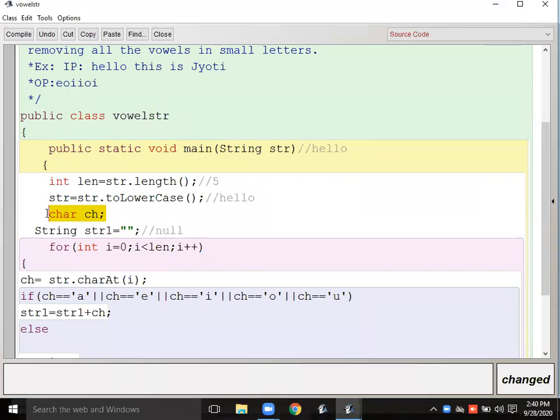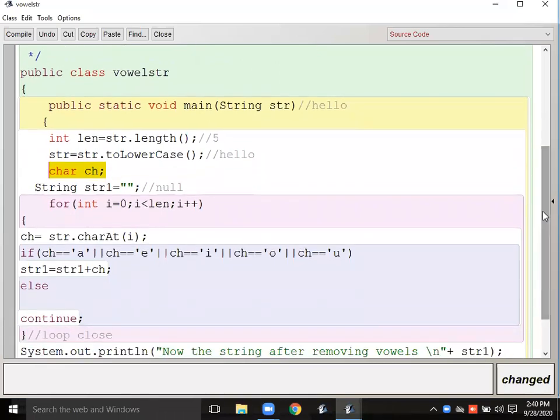Each character I will fetch and check. If it is a vowel, then I will remove it. Otherwise, I will concatenate it in this string, right? That only I'm going to do.